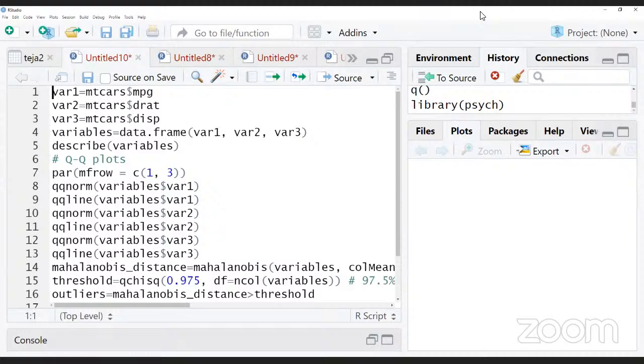Why do we say linear combinations? Two sets of data related to each other. Okay. And it is continuous, metric data. Okay, aeroplane, boat, and bus. So these three variables are there.